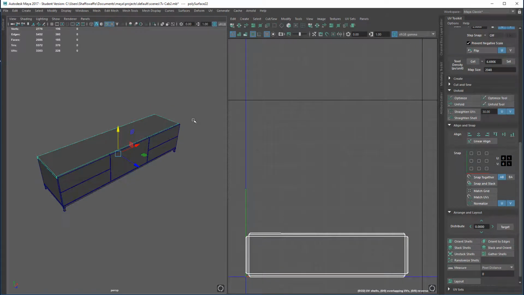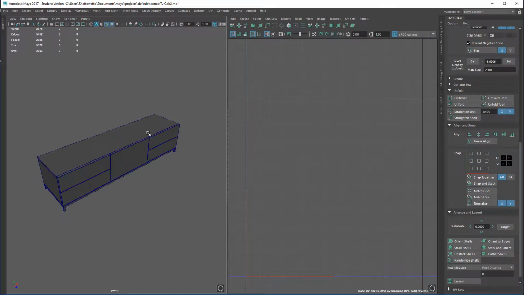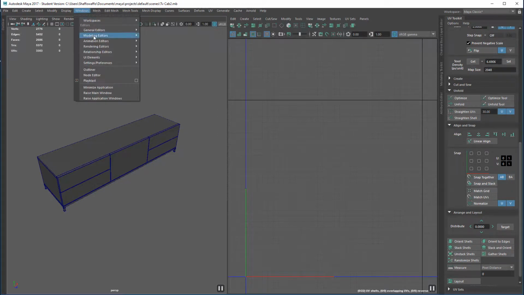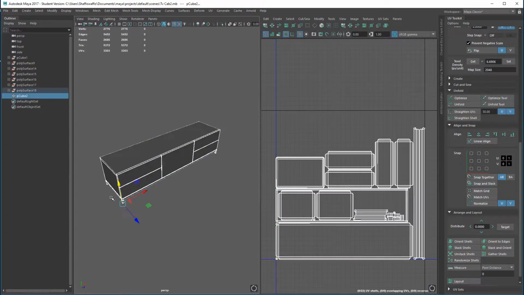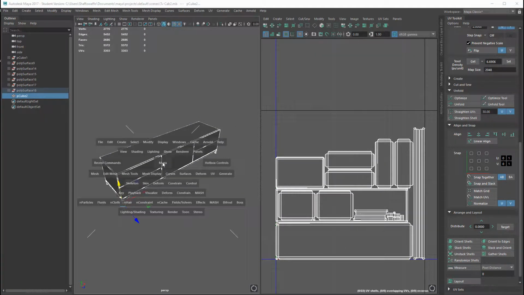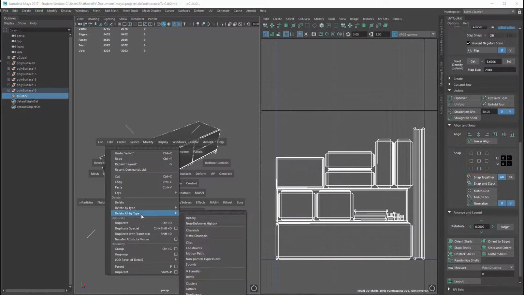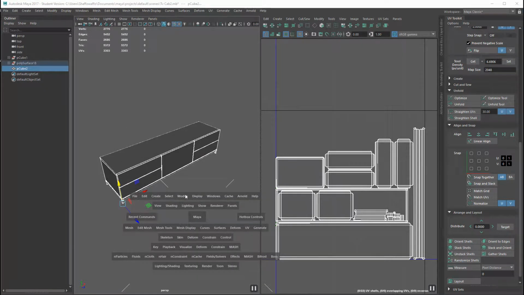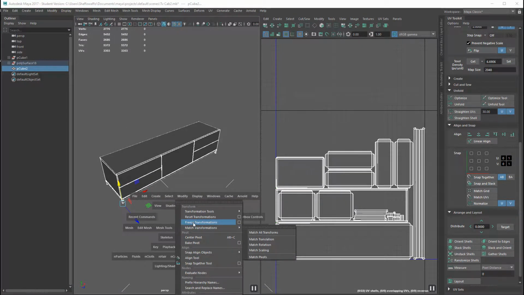So let's now export this and dump this into Painter. So let's save it one last time. Let's just go to our outliner and just make sure things are good to go here. So first thing, I'm going to select everything. I'm going to go to Edit, Delete All by Type History, and then I'm going to go to Modify, Freeze all the transformations,